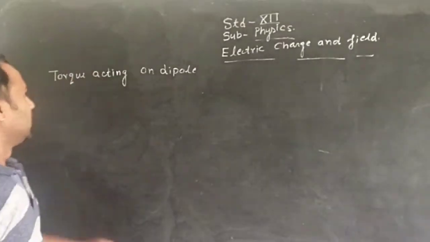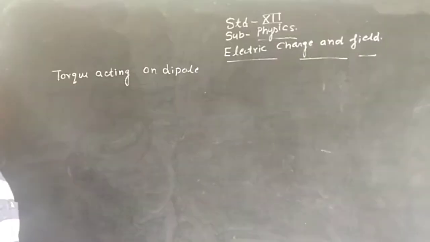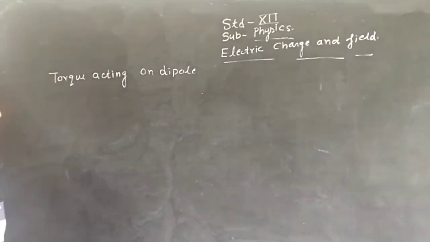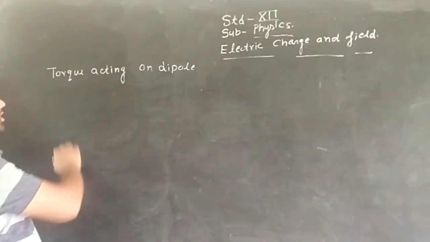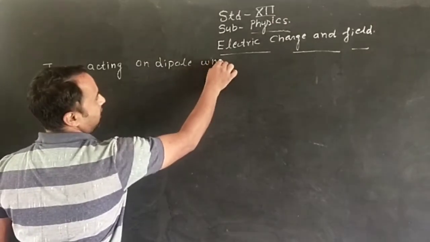Now we discuss torque acting on a dipole when it is placed in a uniform electric field. This is the topic of electric charges and fields in class 12 physics. So now we have to discuss the torque acting on a dipole when it is placed